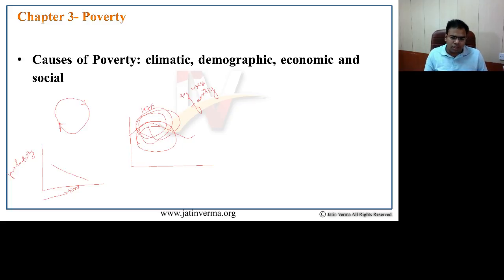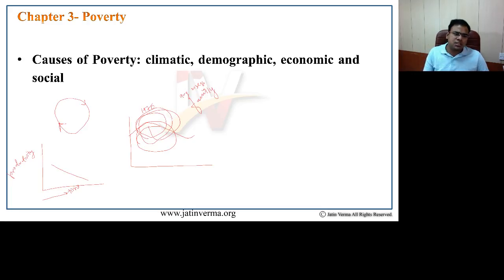Apart from that, the caste system is again very important when it comes to the social causes of poverty. As I've said, the caste system used to be the way through which the privileges, the material as well as immaterial goods of the society were distributed. The immaterial goods included dignity and respect, and the material goods included assets, which were distributed according to the caste system. It is said that poverty is as high as more than 50% among scheduled castes and scheduled tribes in India. That shows that the caste system has been one of the prominent social causes of poverty in India.